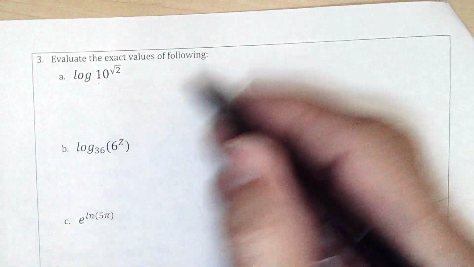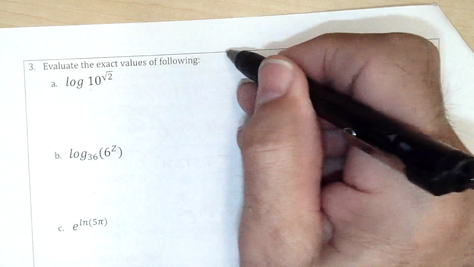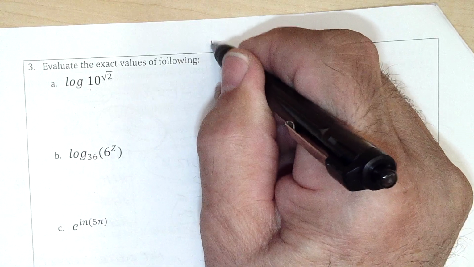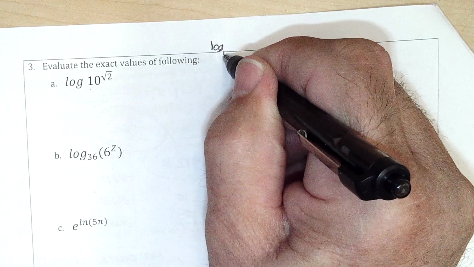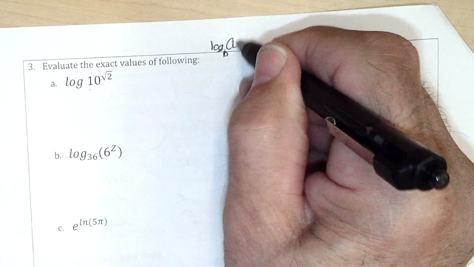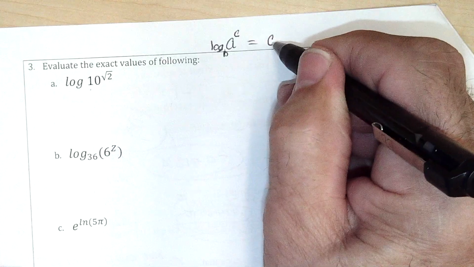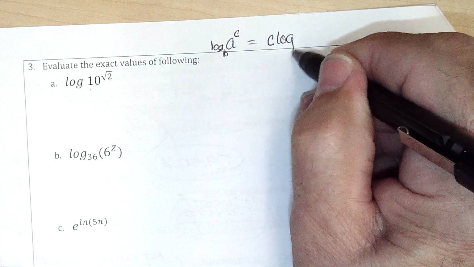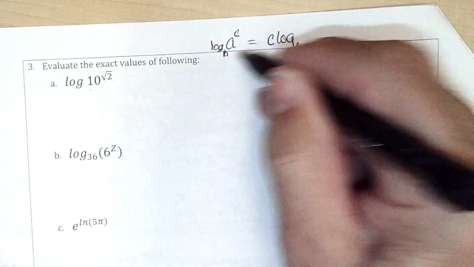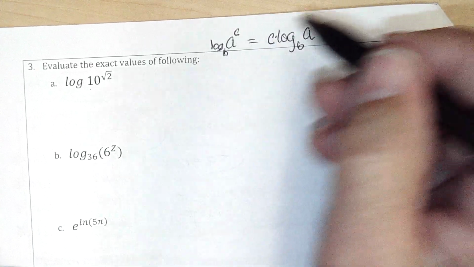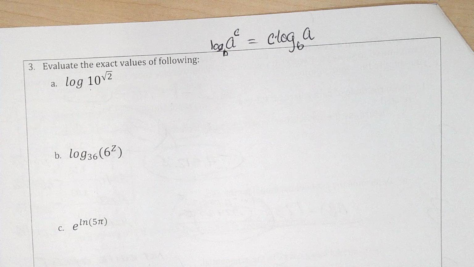We have a power rule. It says a log of a power. So if I have log in any base b of a to a power c, the power can come down and be times c, log base b, still of a, but the power comes down times. Okay,